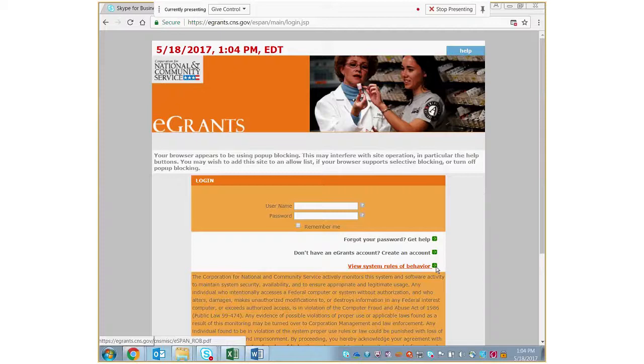I'll be sending out instructions on how to do that. And as soon as you complete that form, I will be able to register you for the event. So the very first thing that everybody needs to do is set up an eGrants account. And I think Sarah's probably going to kick it off with that, so that's a pretty good segue.